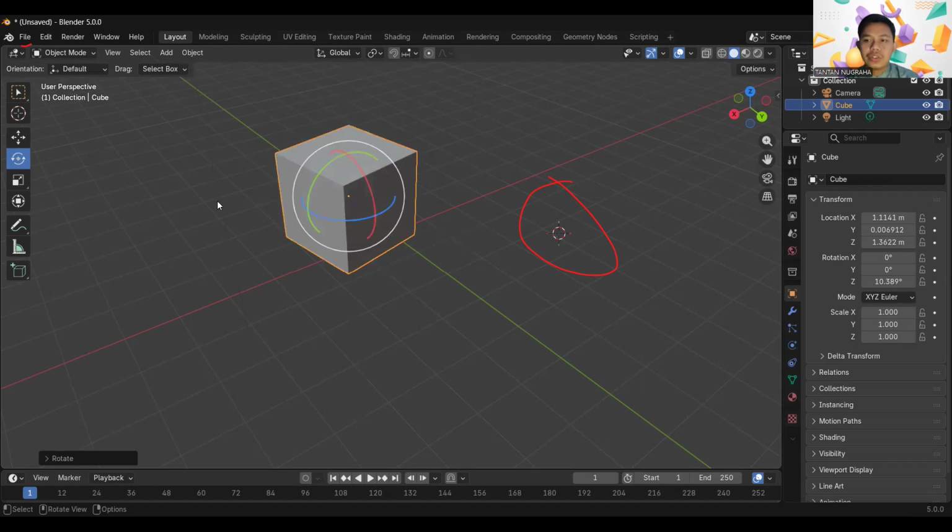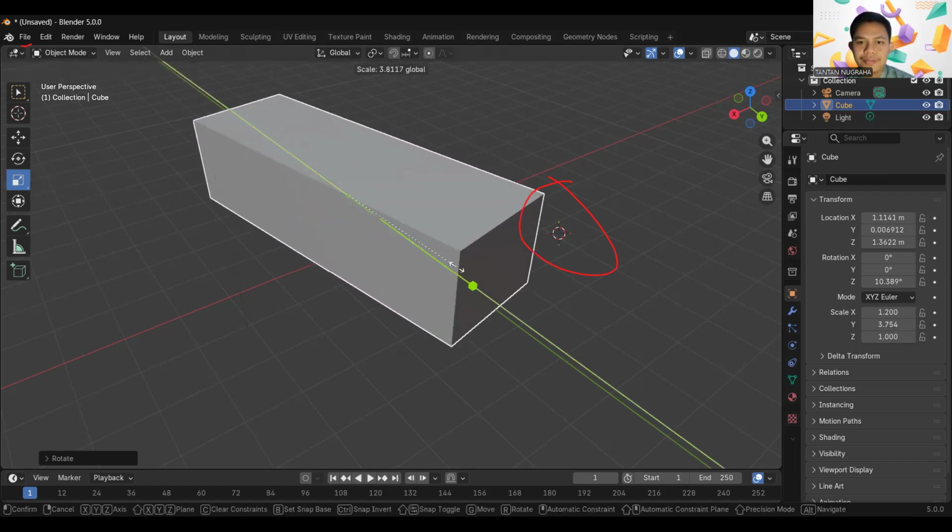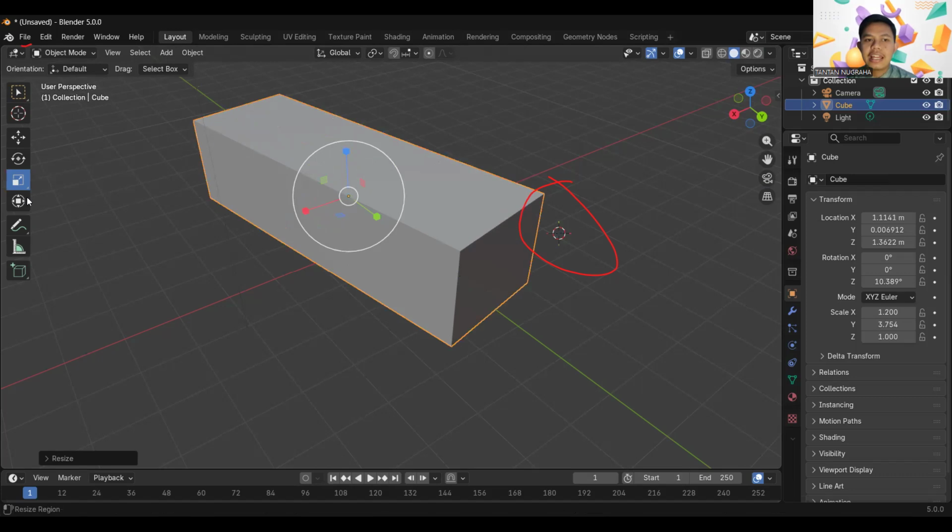Okay. Next tool in Blender we often use is scale. The function of the scale tool is to scale the mesh or object in Blender. For example, I will scale the object, the mesh, based on an axis.